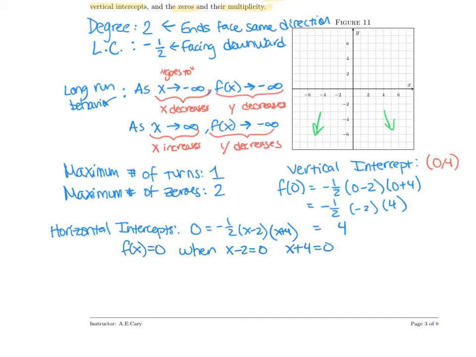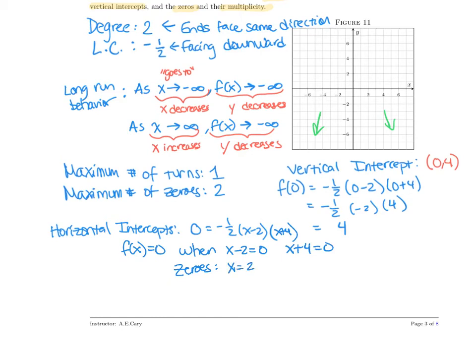Now, the reason that I write this out is because in the instructions, it asks us to find our zeros and our multiplicities. So when I list our zeros, that's me essentially solving these very short equations I've made. So we have,